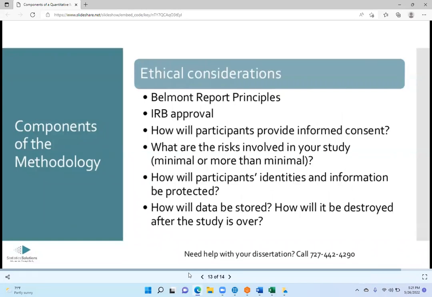And then usually one of the last sections of the methodology chapter is the ethical considerations. And this is where you're going to describe the different ethical issues that are relevant to your research. Usually the ethical issues are based on the principles that are laid out in the Belmont report. So the three main principles are beneficence, justice, and respect for persons. And usually schools will want you to talk about these three principles and specifically how you intend to uphold them